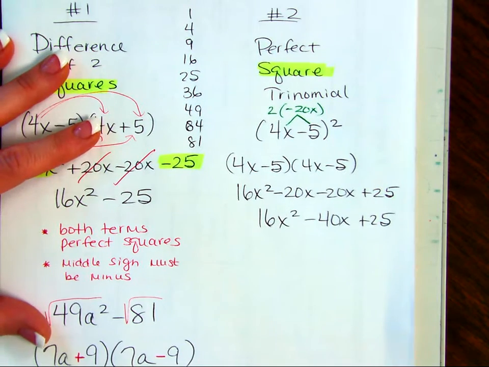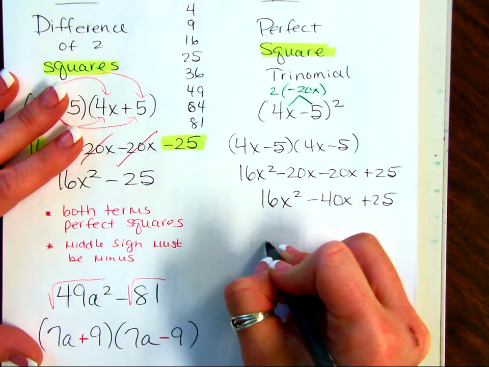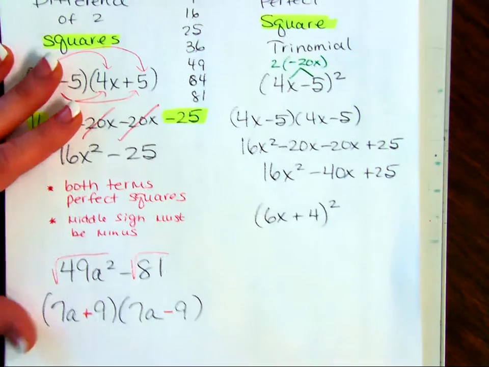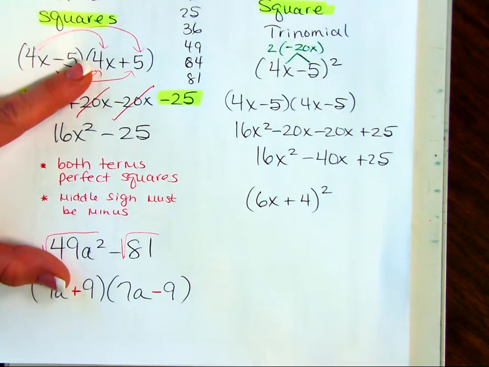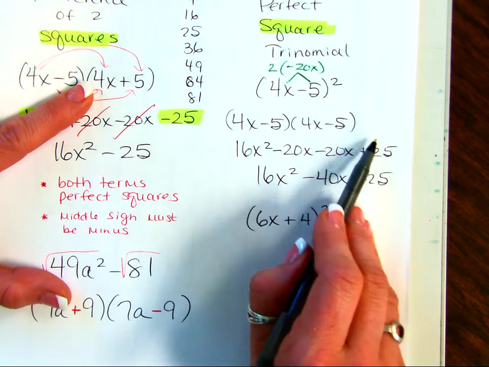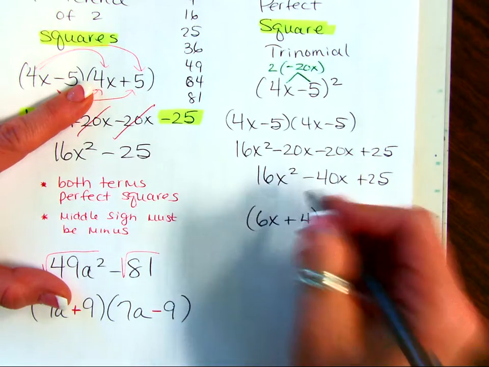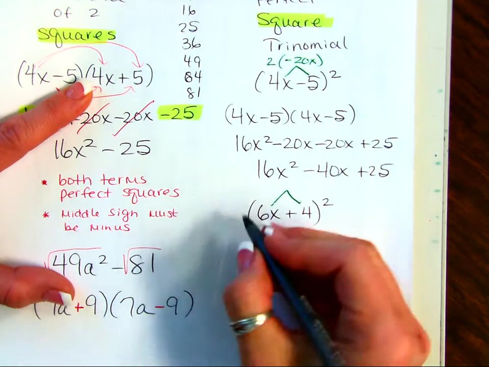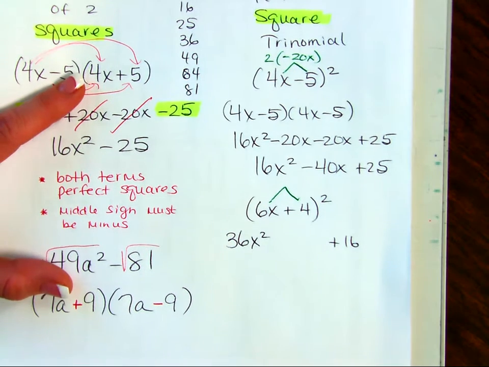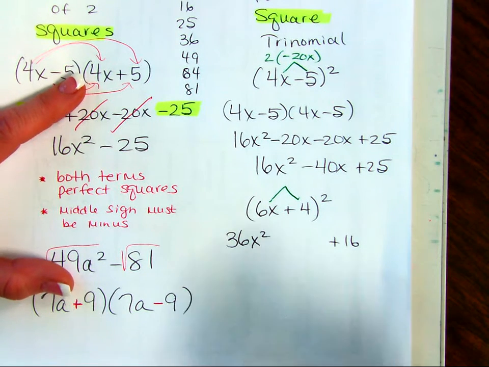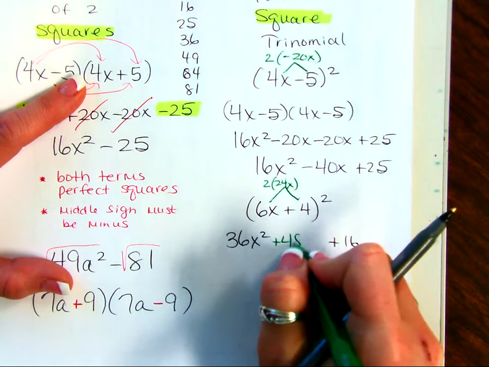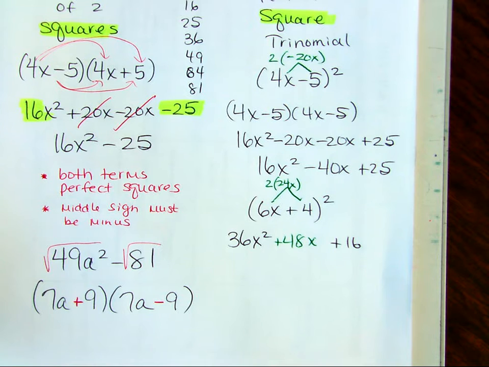Okay? So if I said take 6x plus 4 and square it, my hopes were that you were able to say, let's look where the 16x squared came from. Came from the 4, the 25 came from the 5, and the 40 came from this. So you're going to have a 36x squared, right? You're going to have a positive 16, right? And then this is 24x doubled is, okay, good. That's important to know